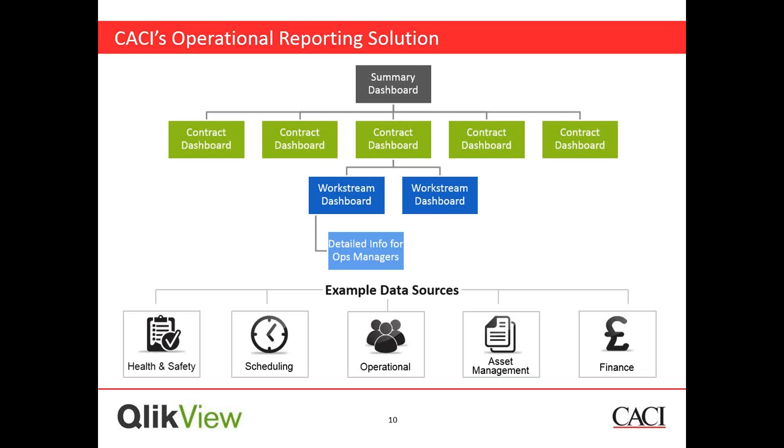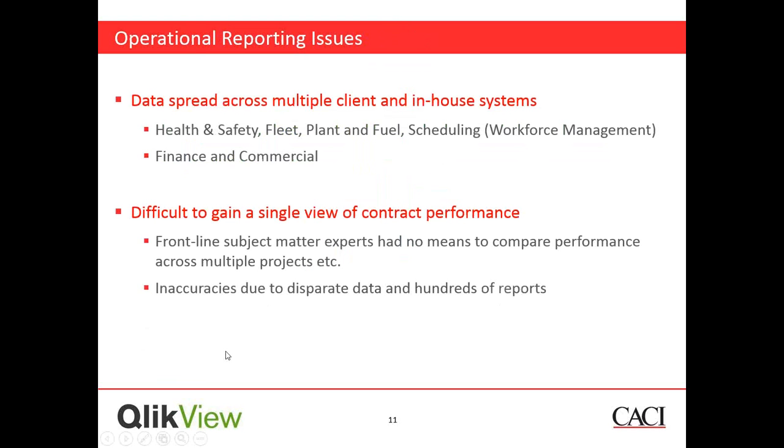So on a contract, why is this usually hard to get? Well, usually operational reporting issues, from my experience and working with a range of clients, is that on a contract, data can be spread across in-house and client systems, be it health and safety, fleet and plant and fuel, scheduling, down to the different sort of finance and commercial systems. As Tom alluded to, it can be difficult to gain a single view of contract performance with these disparate systems and different processes,